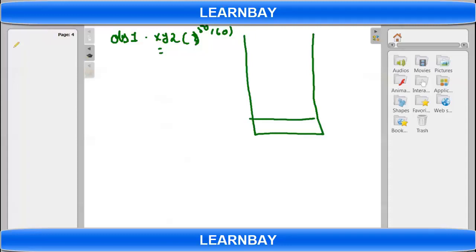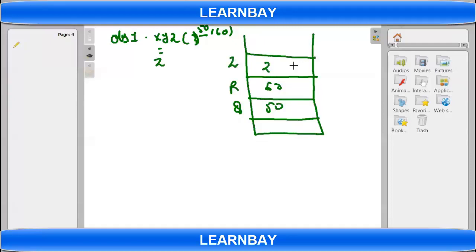One memory for self, one memory for q, which is 50, one memory for r, which is 60, and then in xyz we have one local z variable also. It need not be in the same fashion as I am drawing, but this memory will get allocated in the RAM. So now z equals 20.